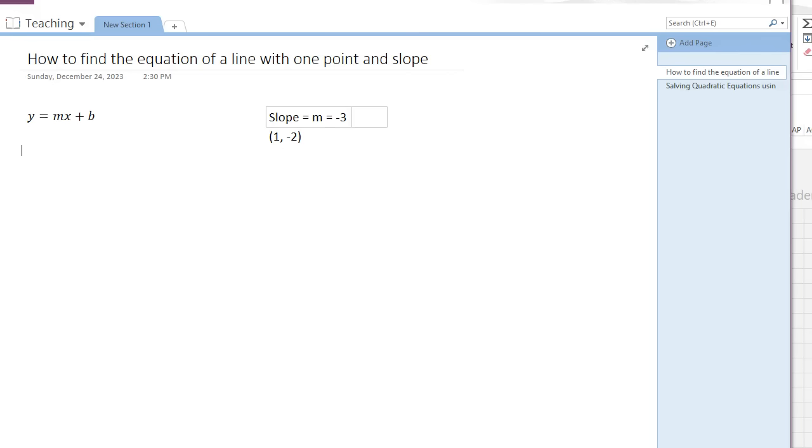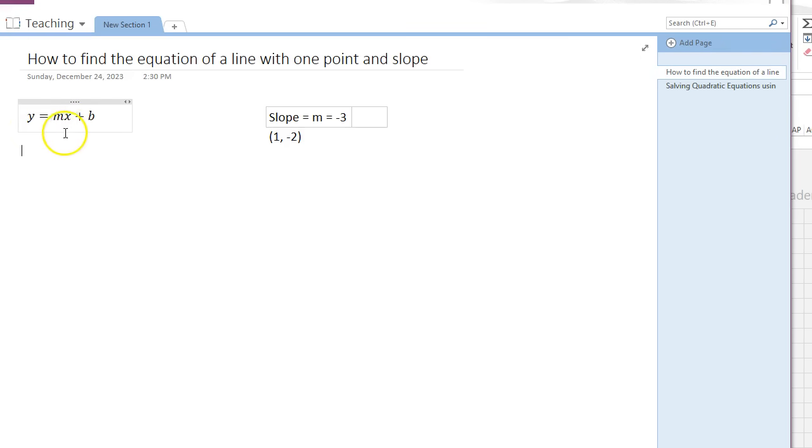How to find the equation of a line with one point and a given slope. So in this scenario, we have the slope, which is -3, and we have one point, which is x equals 1, y equals -2. So we have the equation of the line here, which is y equals slope times x